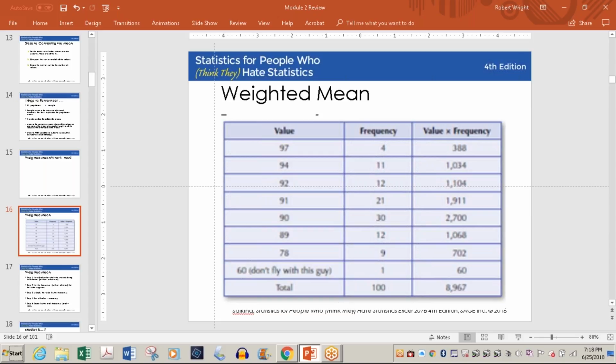Yeah, you'd have the value column as A, the frequency column as B, and value times frequency as C. So in that first row, you'd have sum equals A2 times B2, and then you just click on that and drag it down. The next one would be A3 times B3. Again, this is not something you'd report in a study or a journal article, but it's a tool you can use so you're not sitting there with those long numbers, having trouble remembering where you were.